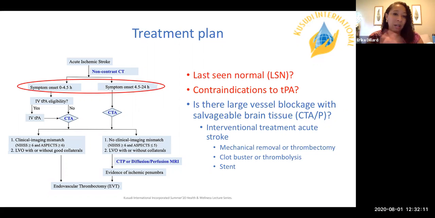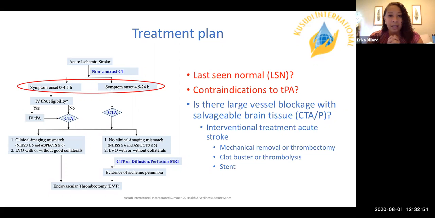The other term for clot buster is TPA. It's a medication that is given through an IV line that will help break up any clots that are there. Now, it's not 100% effective. More than probably about 50 to 60% of patients will actually get relief from the delivery of a clot buster. But it is absolutely necessary for the physician to determine whether or not you're eligible for that, and one thing that makes you not eligible is if you get to the hospital too late. So time is of the essence.